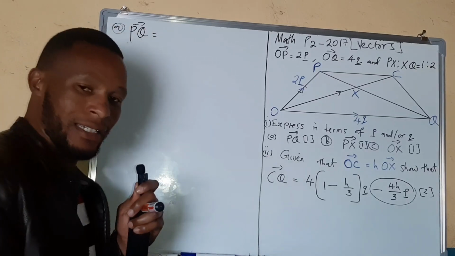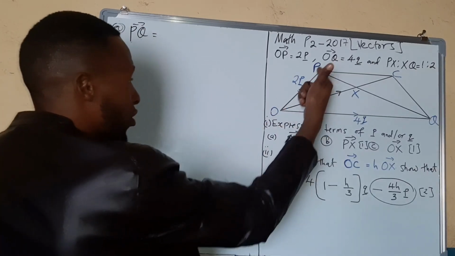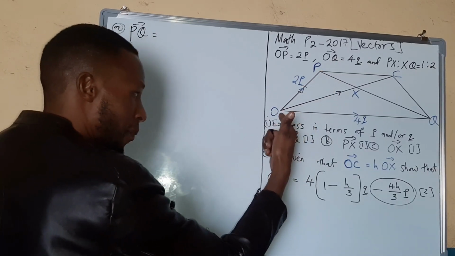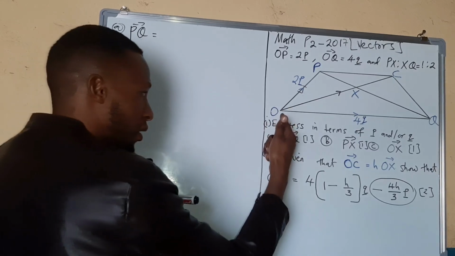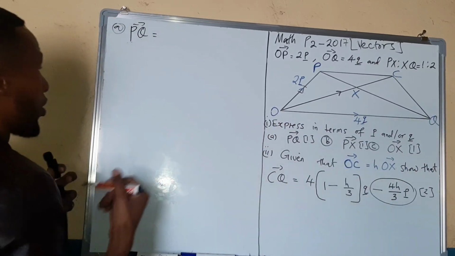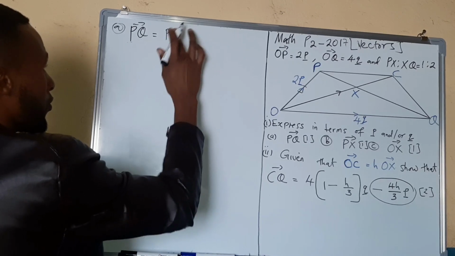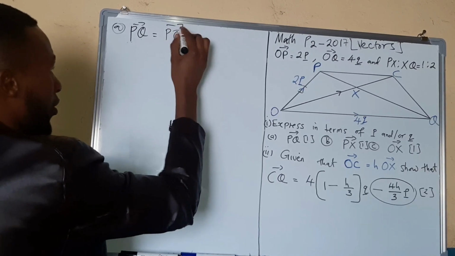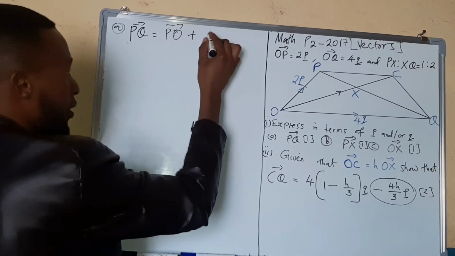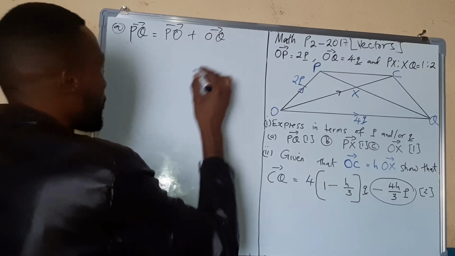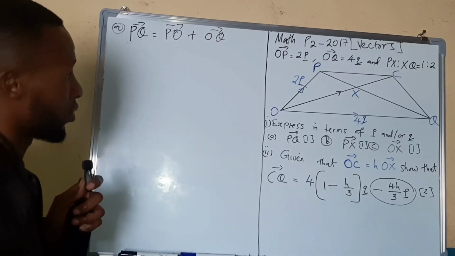So the correct direction should be from P to O, then O to Q. The correct directions will be vector PO